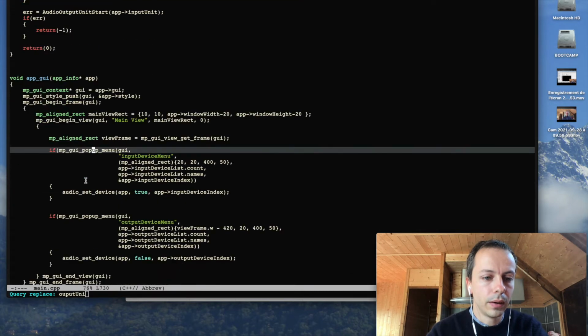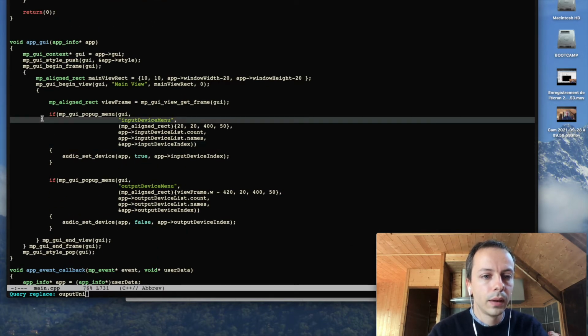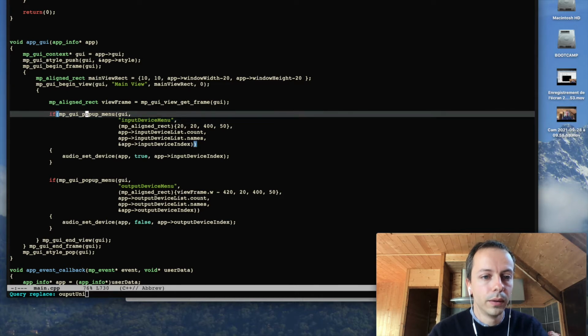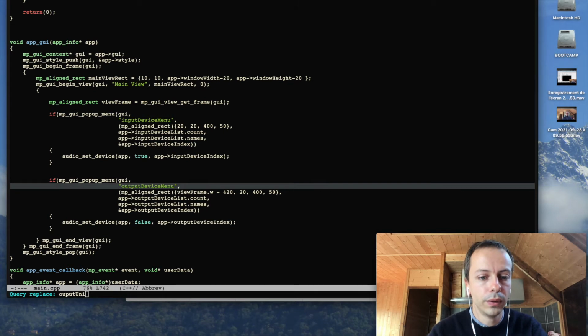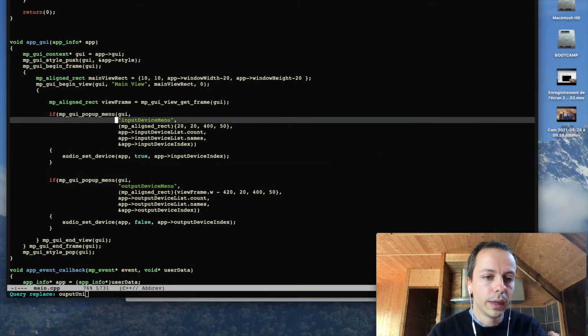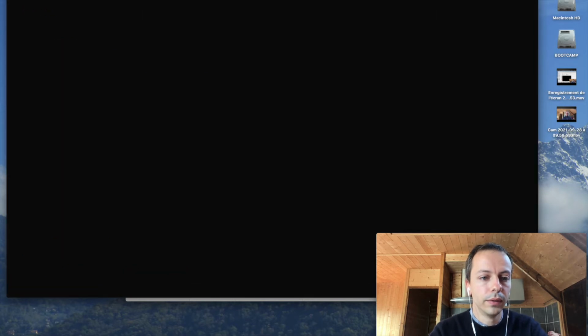and we can add widgets to our GUI. So I added a pop-up menu for the input device and a pop-up menu for the output devices. And when the user selects a device, it will call audio set device for the input or the output. And audio set device